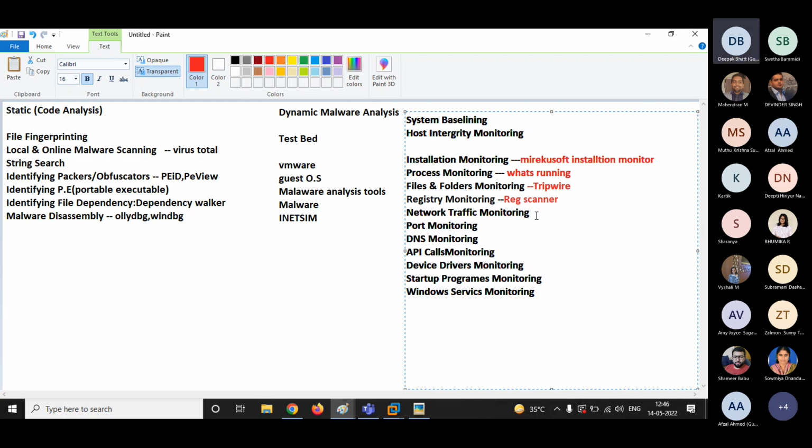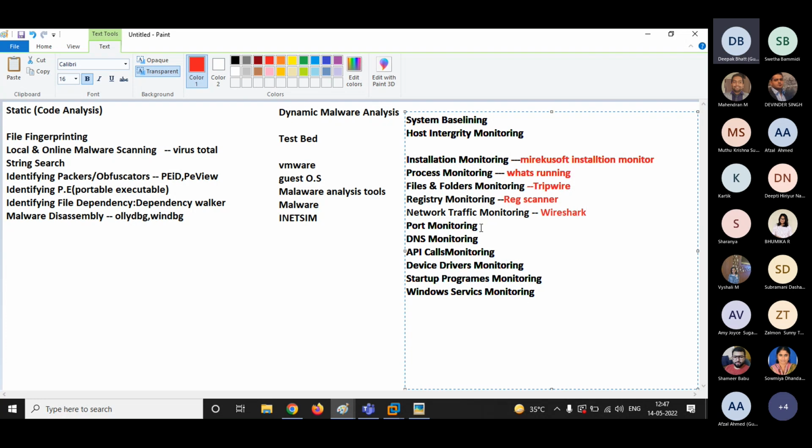Then we have, guys, network traffic monitoring. For network traffic monitoring, we'll be using a very powerful tool, you all know it, Wireshark. Then we have port monitoring.